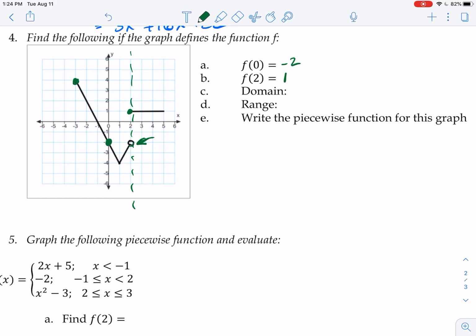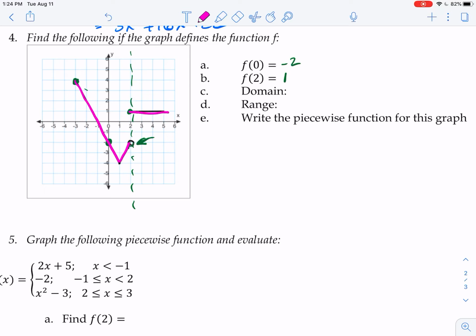We have discontinuity. Notice if I'm drawing, I start here, I have to pick up my pencil to continue on right here, but this doesn't change my domain, okay? Let's try that again. There's discontinuity here, but the value of 2, x is in my domain. So when I say, okay, what's my domain, I would just go from -3 to, what is that, 5,